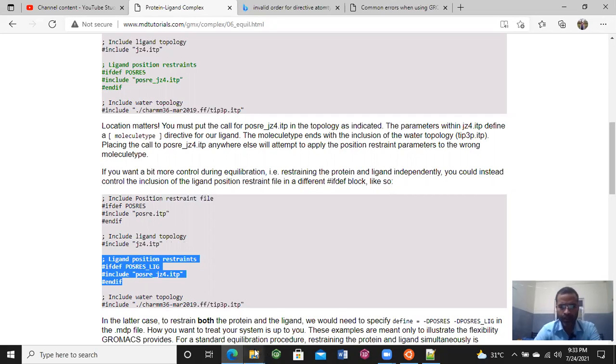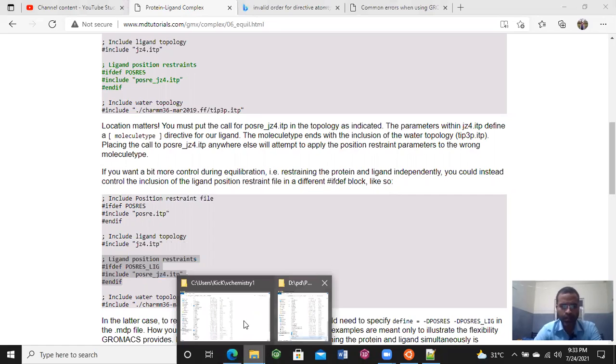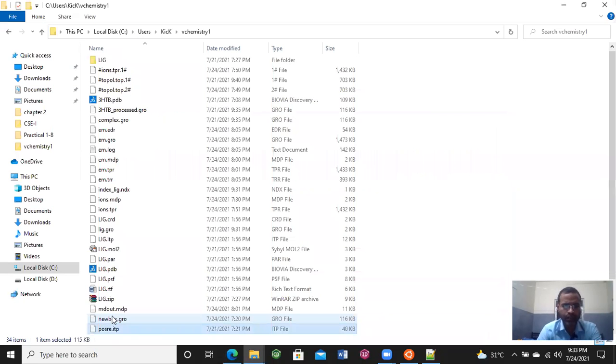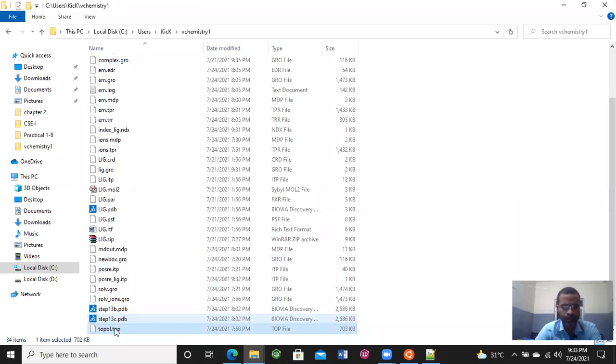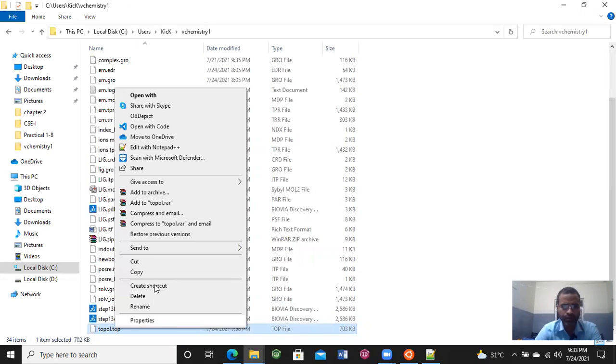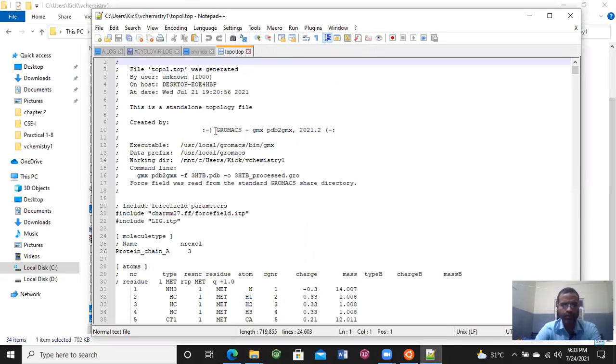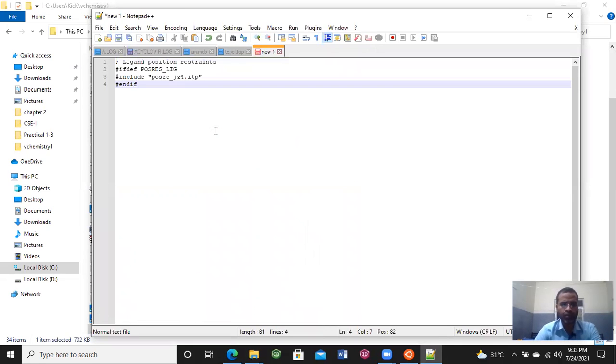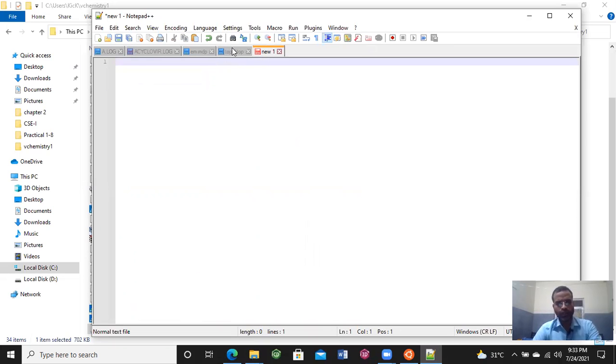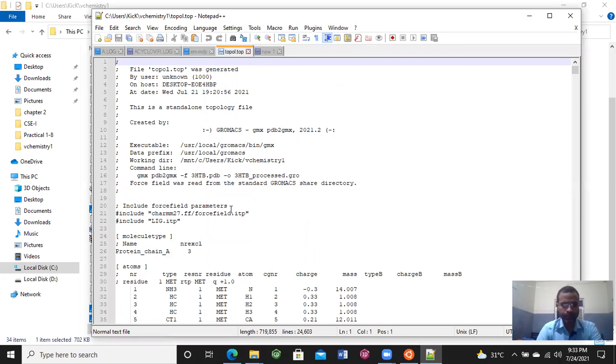Copy, open the topol.top file. This is the topol.top file.